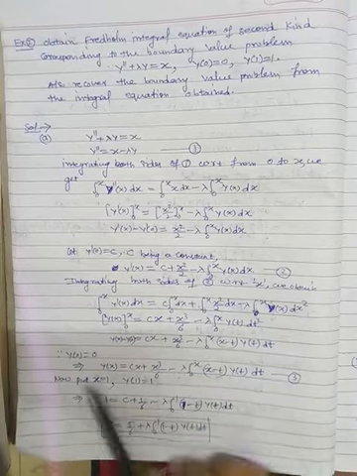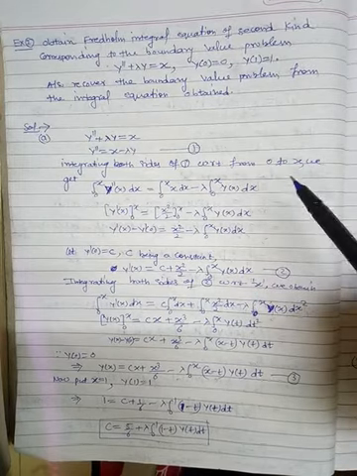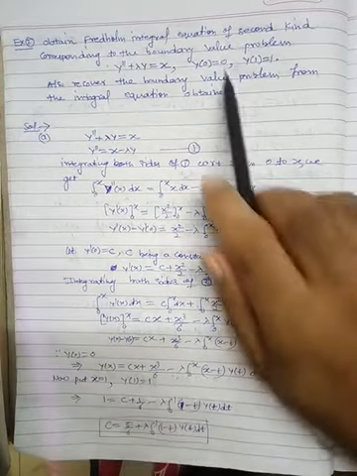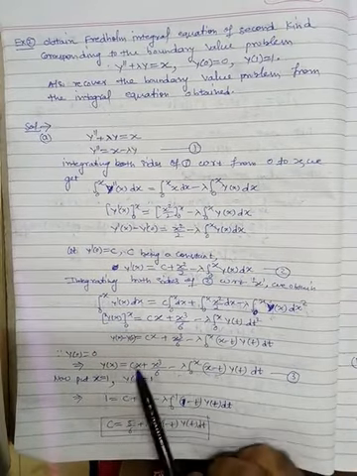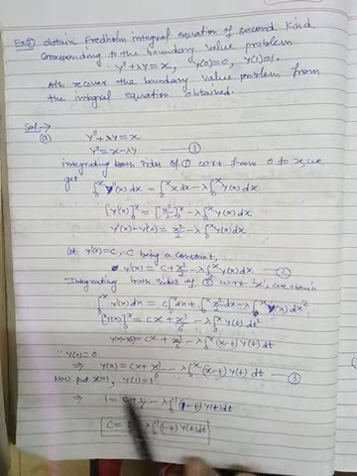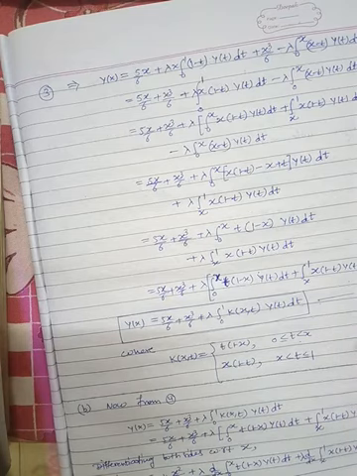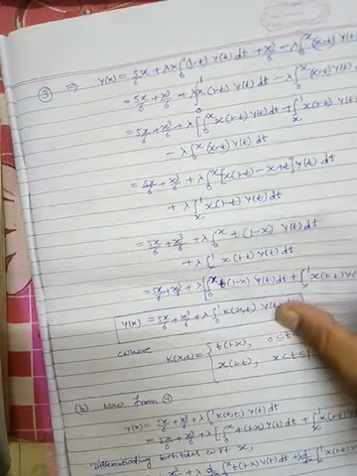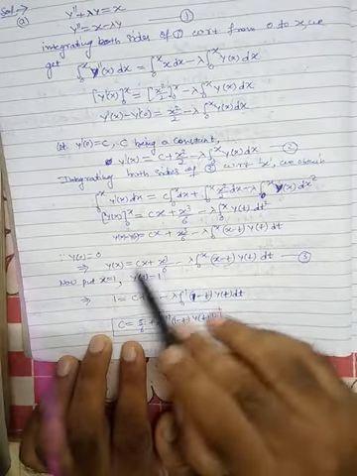And now to find c, we will utilize the second condition. Fine. So we will utilize this condition, sorry, y at 0 is equal to 0. Substitute this value, so we get this equation. Now our target is to find c. To find c, we will use the second condition, and finally we will get c. So this is the equation. Now after putting this c here in equation number 3, we get this equation.